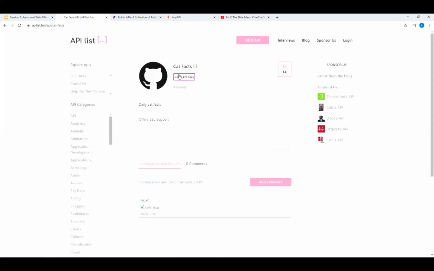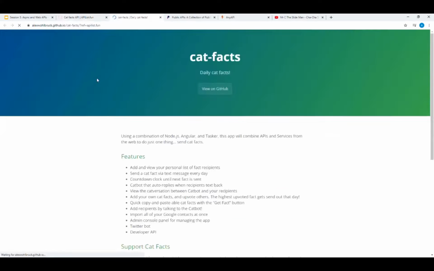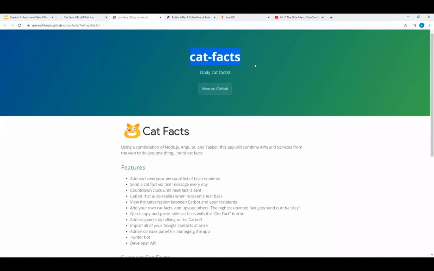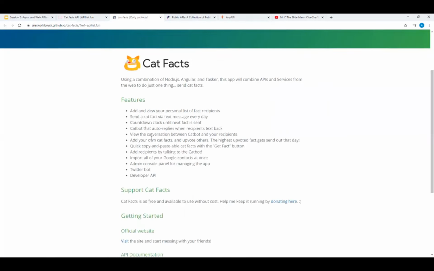As you can see here, there's a link called Go to API Docs. So I'm going to go to the API docs here, for cat facts, daily cat facts. How do we use this? We can see the description. Most documentation for APIs is quite comprehensive. What we want to do right now is give you the tools you need to go to these API websites and documentation on your own, and be able to understand the general gist of how to use it. That's our goal today.